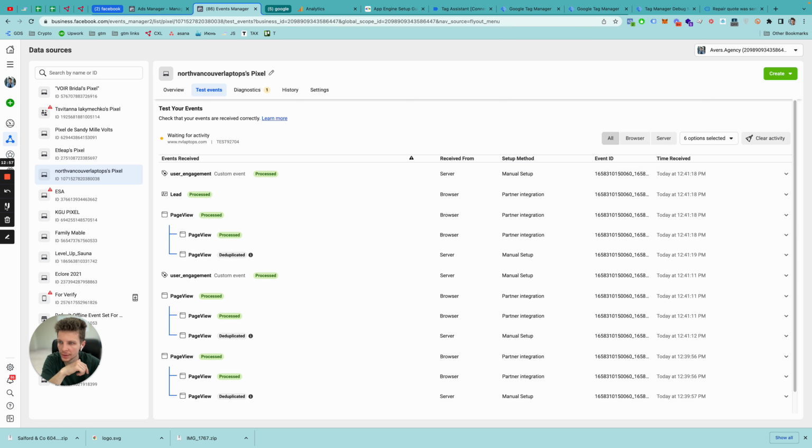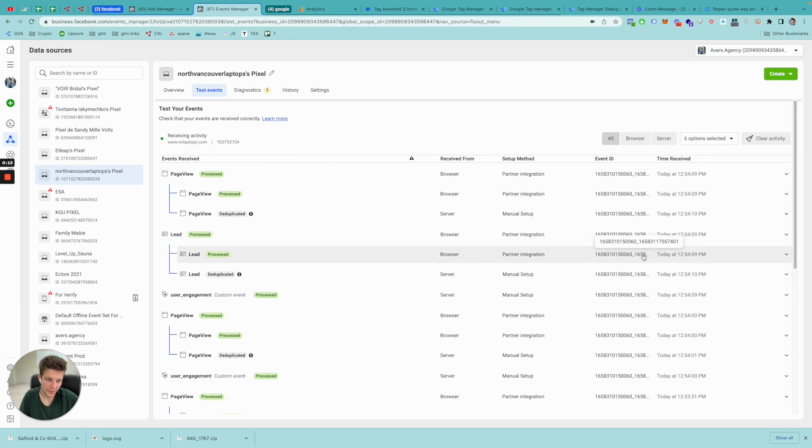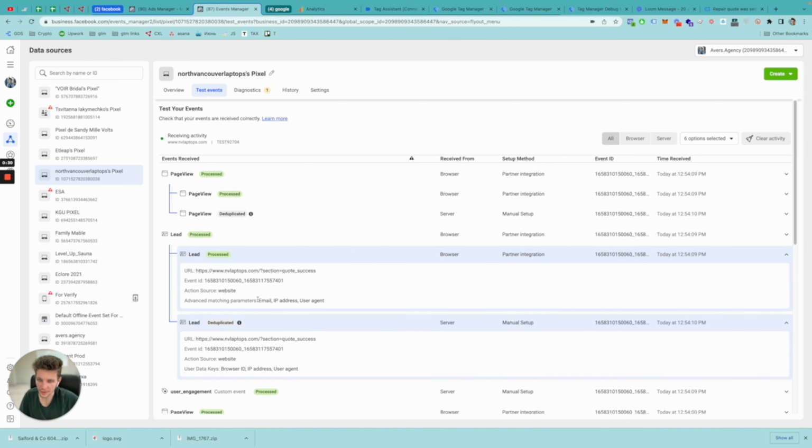Okay, where is our lead event? Let's wait a couple of seconds. Okay, my Google Tag Manager dropped for some reason for a couple of minutes, but by the way, I've just sent one more lead event here, and as you can see, I received the lead event with the event ID ending in 7408, and I received the same event from the server ending in 7408. And I can see here the browser ID, IP address, and user agent, and here I also find the email, IP address, and user agent,